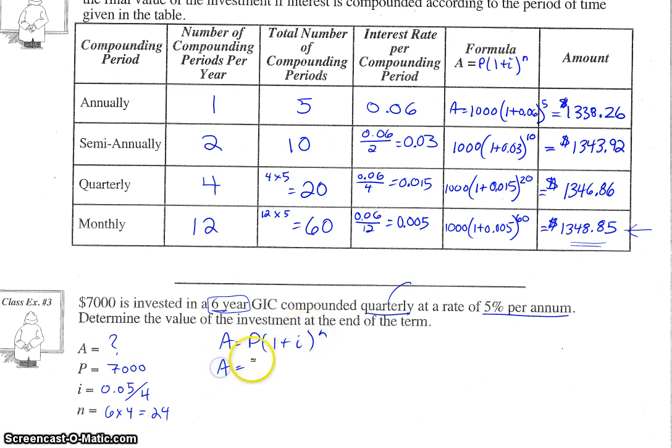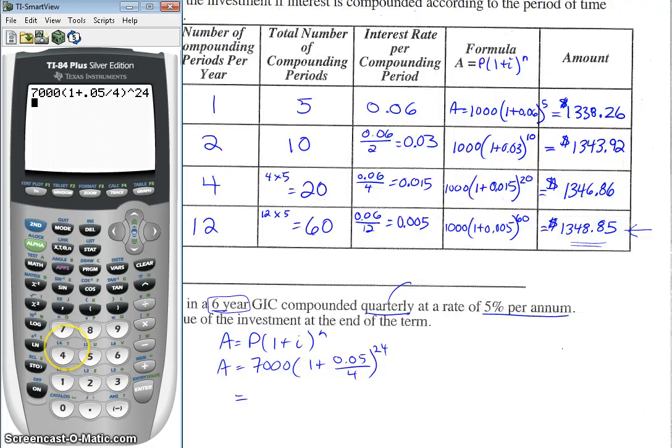and we would have 7,000 for P, 1 plus I, we could just leave it as 0.05 over 4, to the exponent of 24. Okay, put that in the calculator. Let's see if we get the same answer. Okay, so we've got it in the calculator. We're going to hit enter. Make sure you have the same thing that I do. We should get